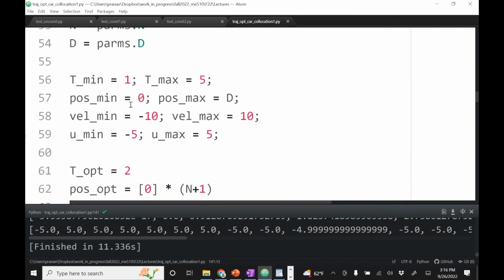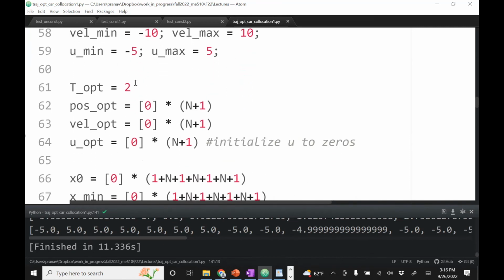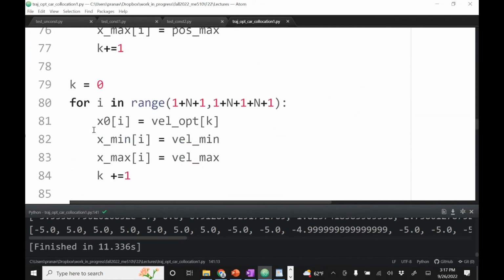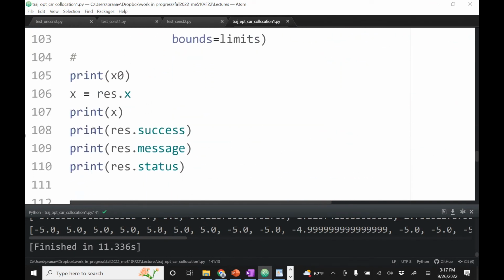Since I have x1 and x2 as optimization variables, I need to put bounds. So I just randomly put bounds for x to be 0 and d at every instant of time. I know that x cannot be greater than d. So I just put that, which is really a big range for the bounds. I put a velocity minimum and maximum of -10 and +10, which was not specified, but I need to put some bounds. And then I put the constraints for u. I started with 2, and then I gave all zeros for the other ones, and then ran it through the optimizer, and then it gives me that solution. So next time I'll show you how to do it with the shooting method, and we'll get the same answer, hopefully. Yeah, see you on